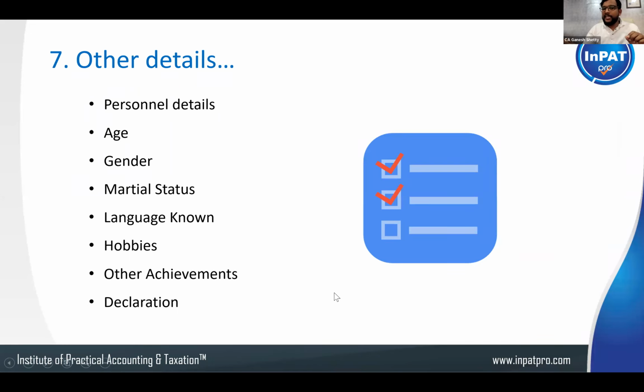Basically, if you are signing, and on the left side there will be date and place, you have to carefully see that the date is the current date. And if at all you keep a space for the signature, you have to always sign. Otherwise, you can write it like this.